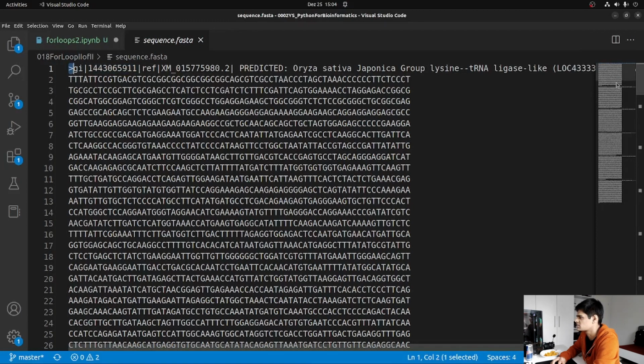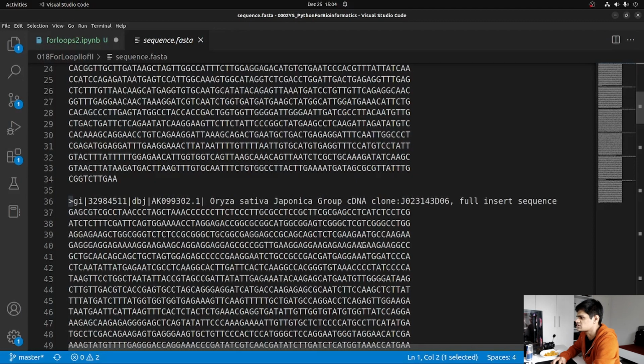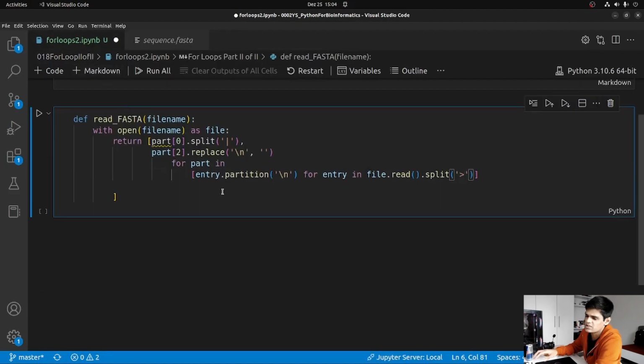If you can see over here in this right corner, this huge white thingy is one sequence, and then this line over here is another sequence starting. So see, this is another sequence starting over here, and the other sequence ends over here. So yeah, we are splitting it by this greater than sign, and then we want to ignore the greater than sign, so we will start from 1 and go till the end,